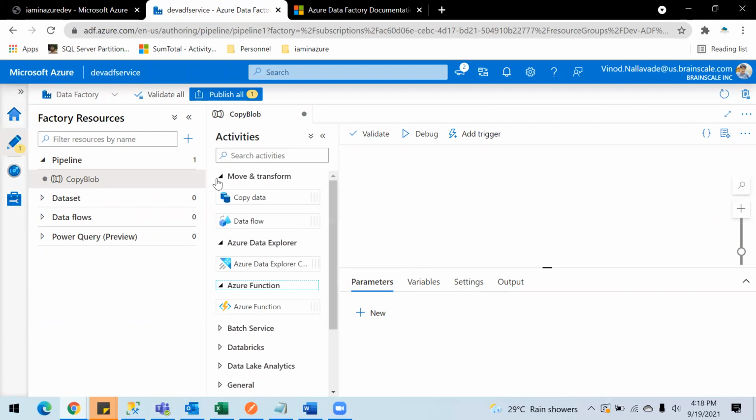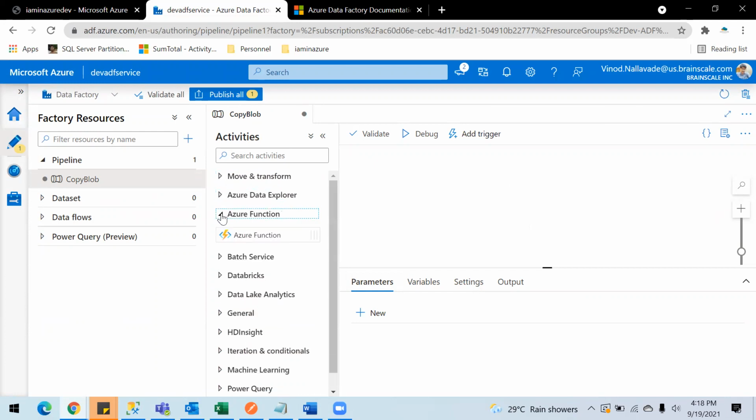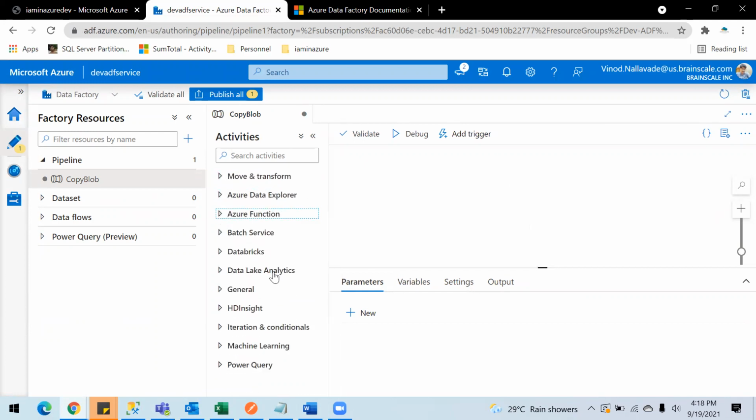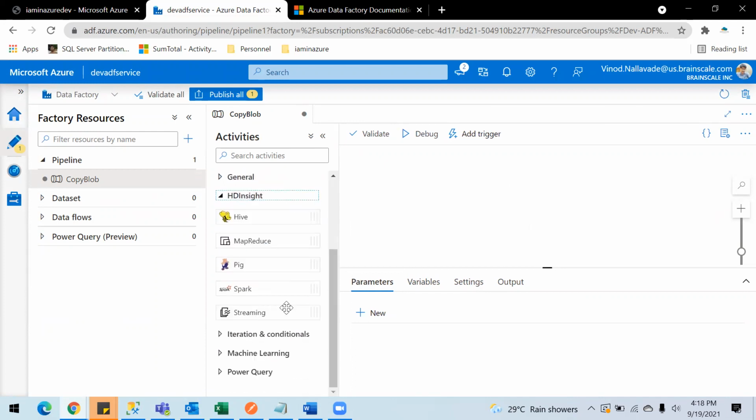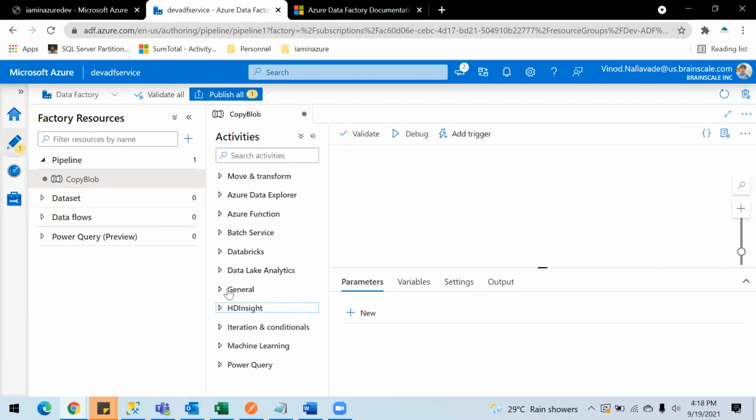If you're working on Databricks, you can use Databricks, data lake analytics, or an HDInsight cluster. If you're going to write some kind of Hive script to tackle big data, then you can write your scripts in these activities. So there are different kinds of activities.